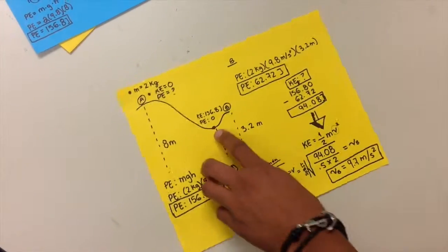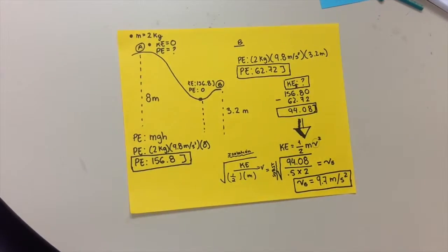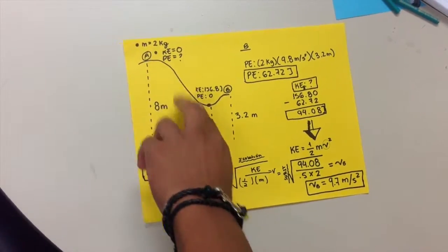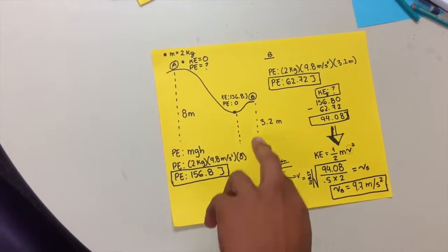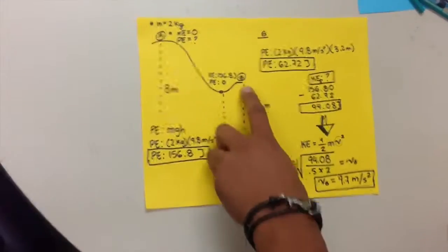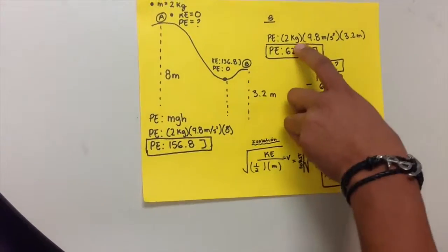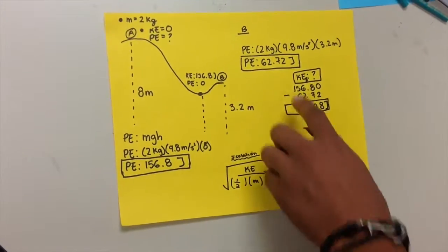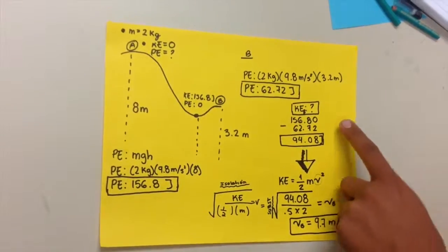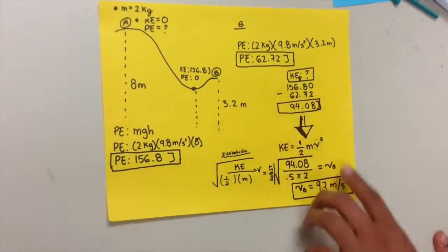And now here we have that the potential energy is 0 because this is the lowest point, and the potential energy and kinetic energy values are changed. Now at the point B the height is 3.2 meters, and we apply the same formula, and we get 62.72. Now we take the potential energy of the point A and subtract the potential energy of the point B, and we get